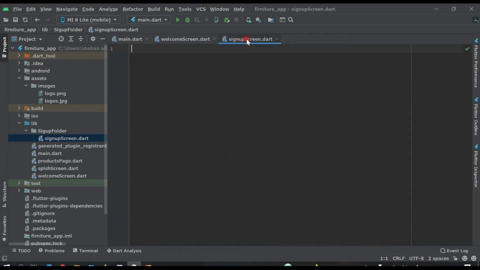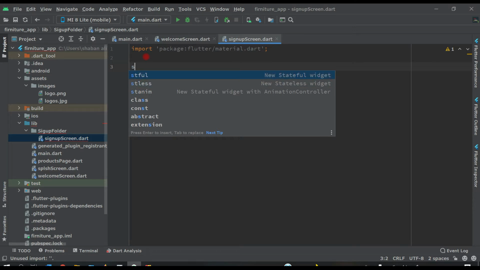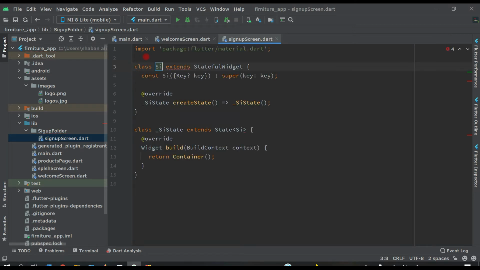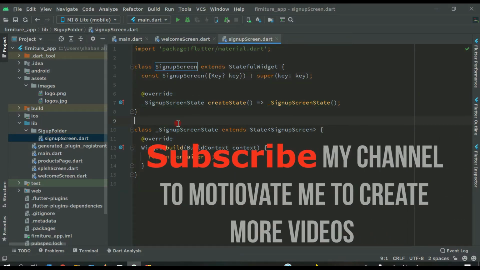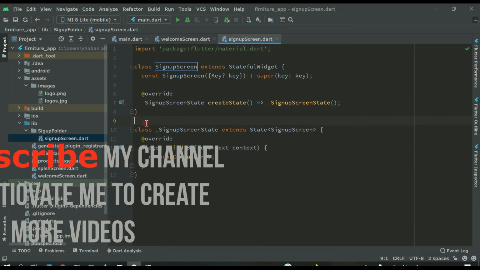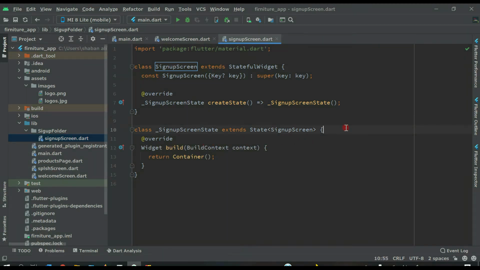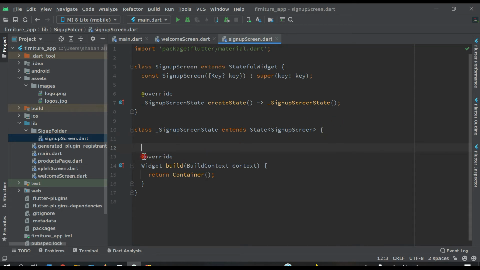Now the sign up screen has been created, and let's import material.dart and create a stateful widget and give the name SignUpScreen. Now first of all, we need to declare some variables, so let's declare them here before this override.